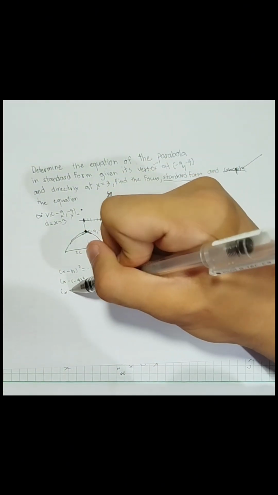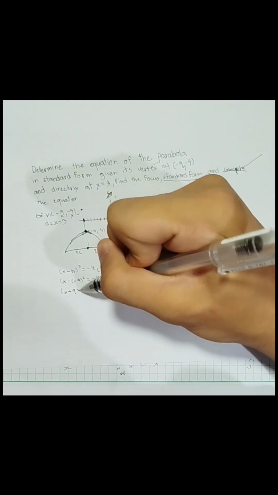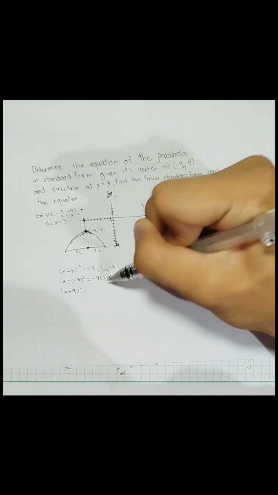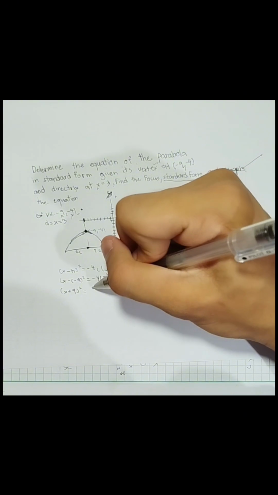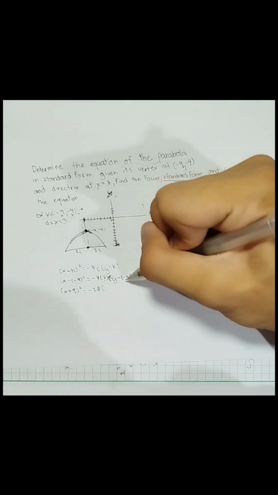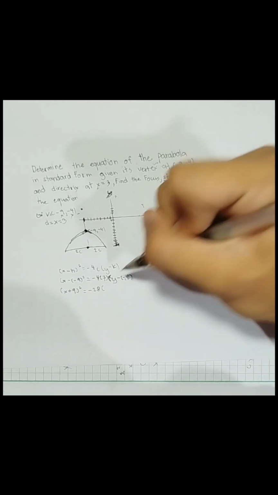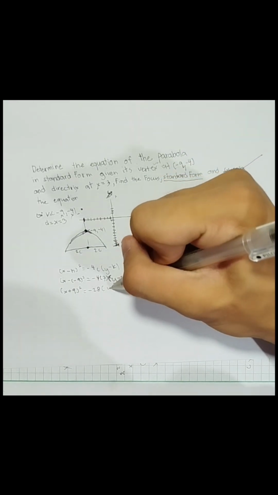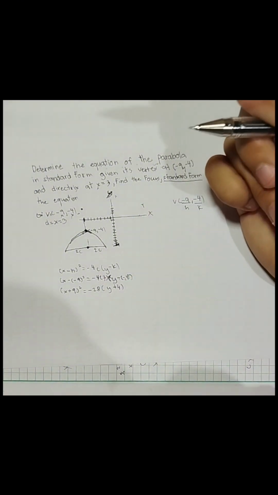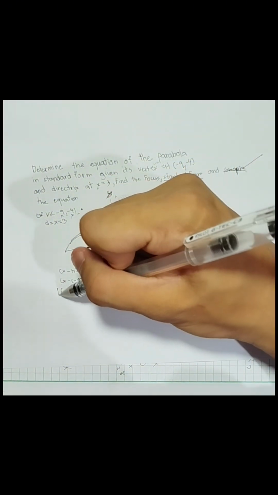X plus 9 squared is equal to -4 times 7, which is -28. And next is our y. Negative times negative is positive, so y plus 4. Done. Now that we have our standard form,